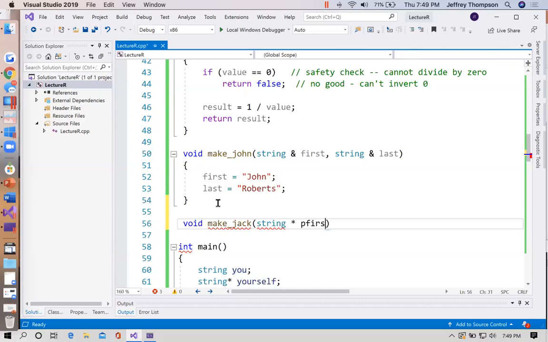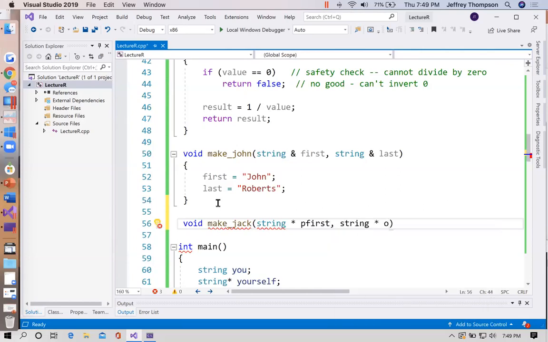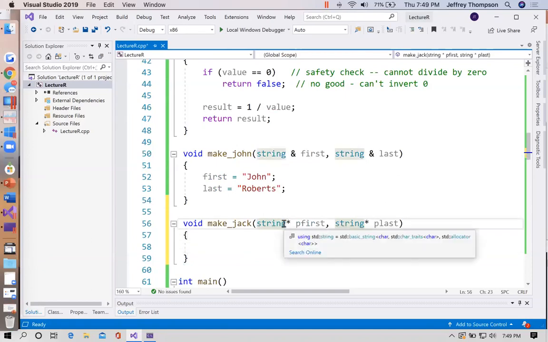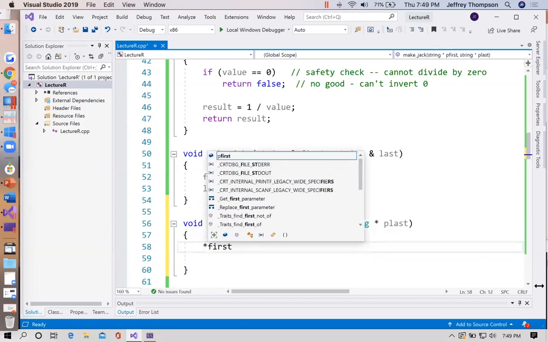Now I am going to do something that I was just about to mention and I didn't, which is that as a matter of habit, any time that I declare a pointer variable, I name the variable with a P as its first letter to indicate that it's a pointer. That way I know that it's not a piece of data itself, it's a pointer to data. And so I could say P first,